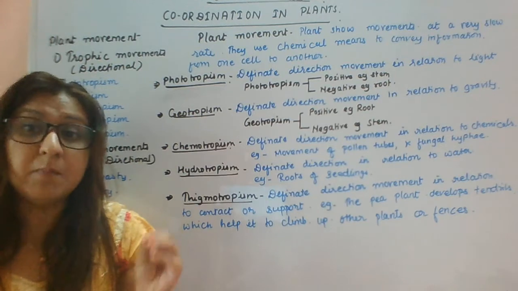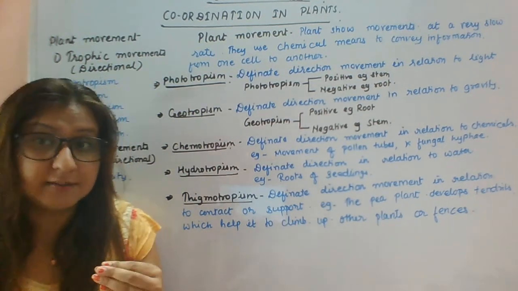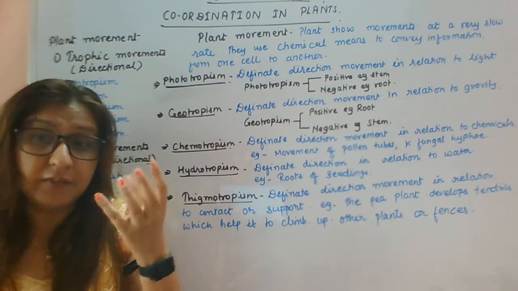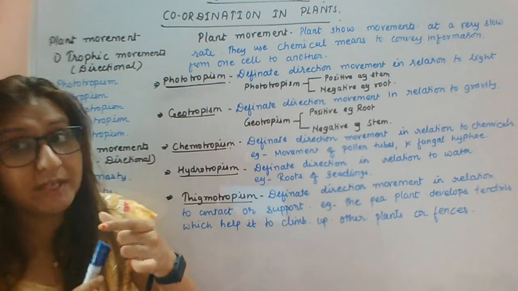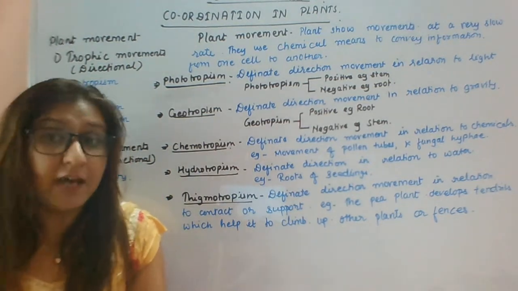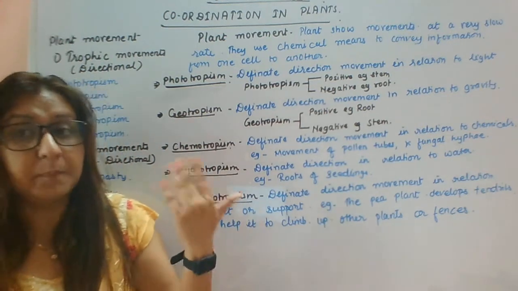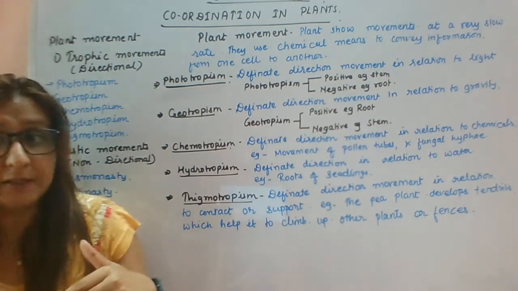Next, when the movements are dependent on growth, you can see the germination of seeds. When seed germination occurs, definitely the growth of root takes place, the growth of stem takes place, and the movement is occurring there also. So that is movement of plants showing dependent on growth and independent of growth.